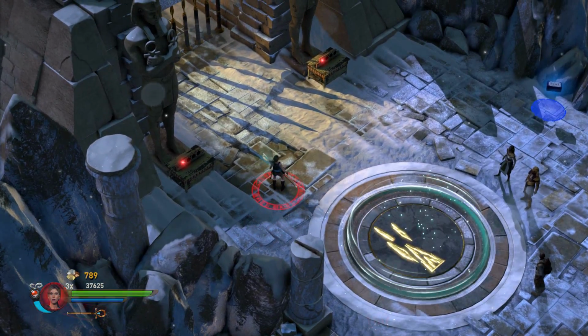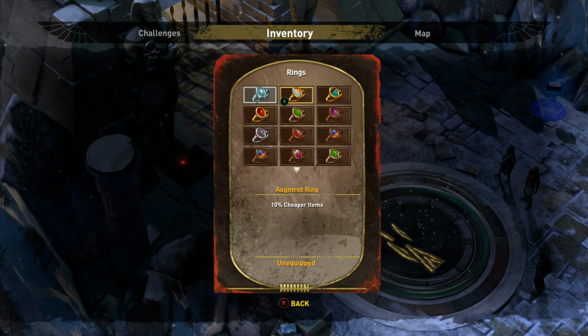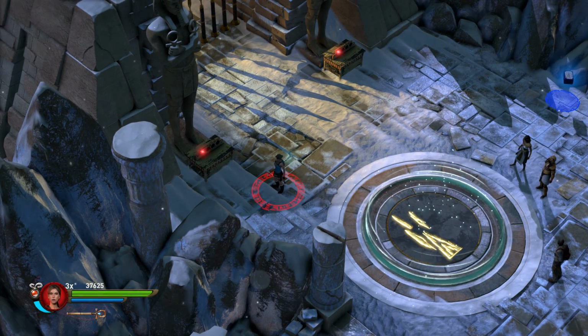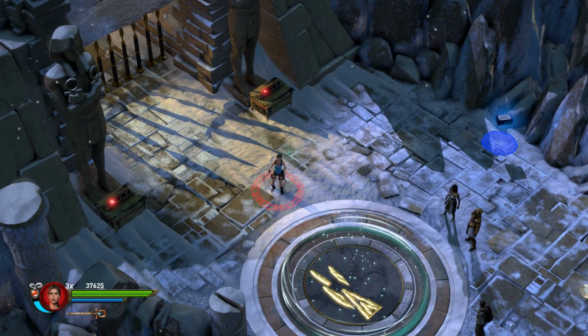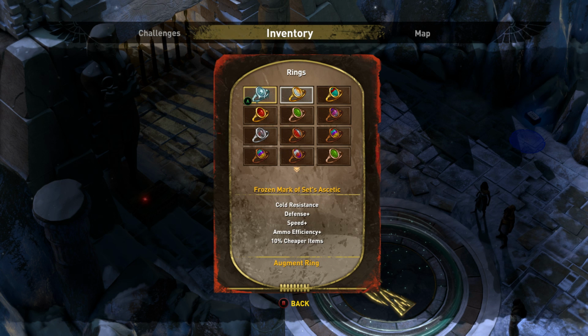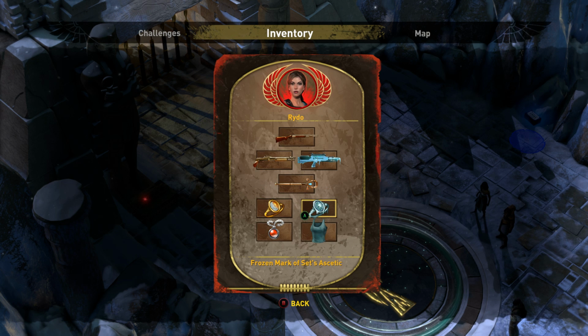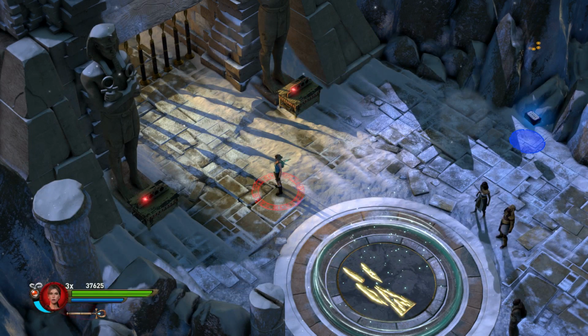Let's see. So I have, as probably last thing we want to do, 10% cheaper items on this. So if I change over to this ring, it's unequipped. It was already equipped. So I should be either 80% cheaper or I guess 81% cheaper if they stack. But that's not what's happening. The augment ring and the frozen mark of Sect are just not working together at all. They're just not programmed, apparently. So then the thing you would want to do is probably something like the agent ring back,